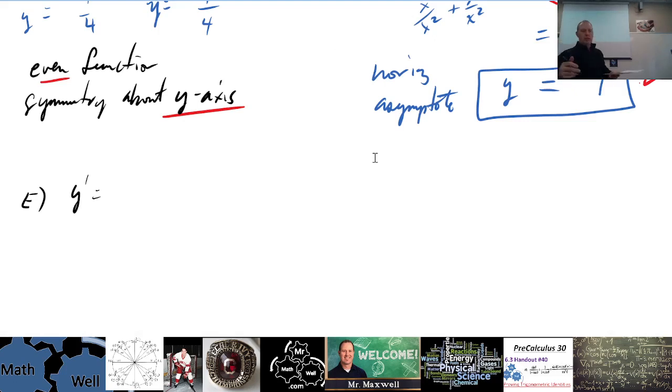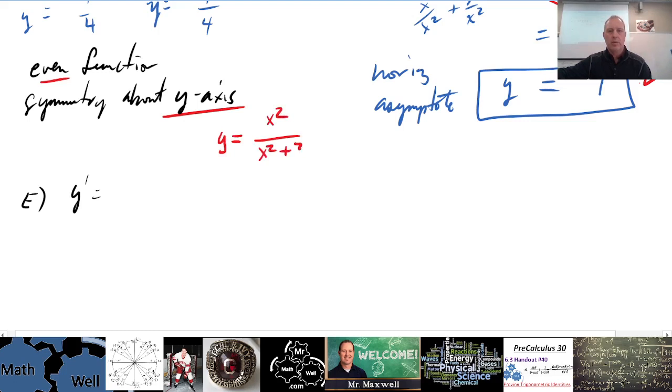Okay, so this is where we do need to find the derivative, and it was mentioned earlier that the derivative of a rational function can get a bit tricky. So let's do that. Remember that y equals x squared over x squared plus 3. So our derivative, we have to use the quotient rule here, right? The derivative of the top is 2x times the bottom